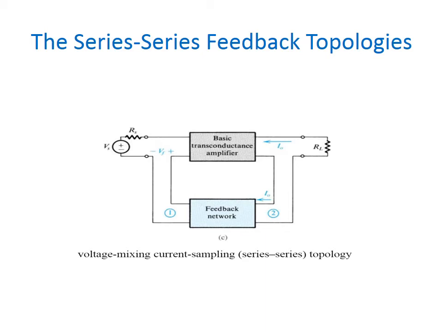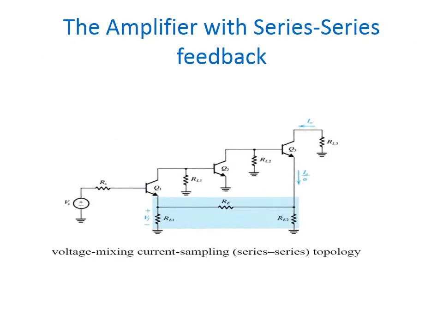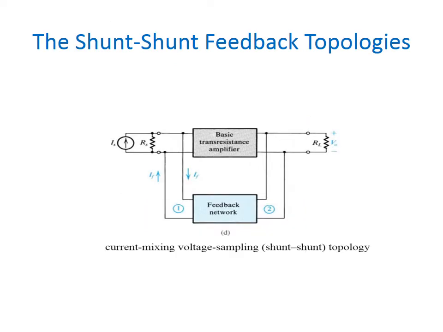So here a portion of the output voltage is applied to the input voltage in series through the feedback circuit, by which it is apparent that the feedback circuit is located in series by means of the output as well as the input. When the feedback circuit is aligned in series through the output as well as the input, then both the output impedance as well as input impedance will be increased. So this is the basic amplifier using series feedback.